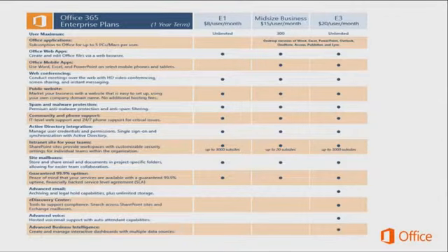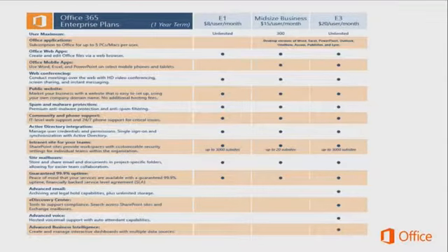Now, one thing I want to throw in here real quick while we're on this is migrating. Let's say you buy the small business plan and you say, gosh, I've grown above 25 users. There is no direct migration path from small business to mid-size or from mid-size to enterprise. So just keep that in mind. Once you pick that plan, you're stuck with it, okay? Well, not really stuck with it. There are some options, but once you pick that plan, it's yours, and there's not a direct migration.